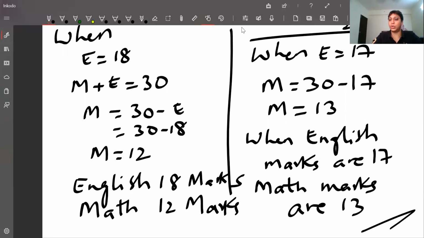Okay, so there are two answers. One is when English marks are 18, the math marks are 12. And the second one is when English marks are 17, math marks are 13. Okay, so that is how